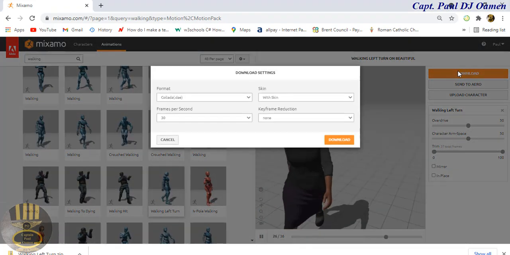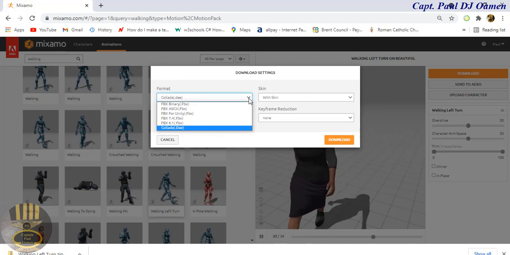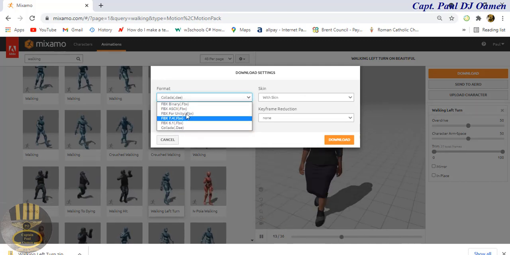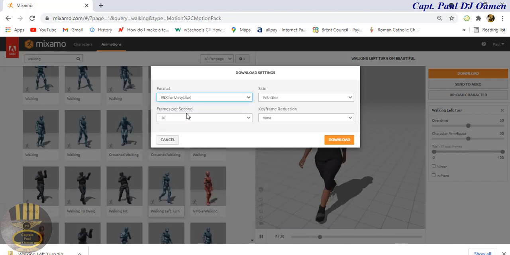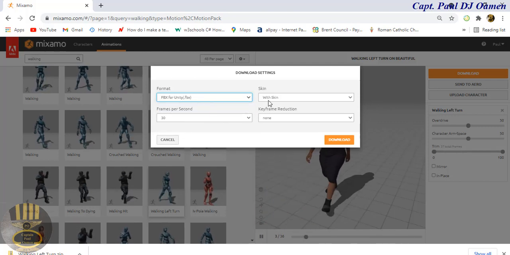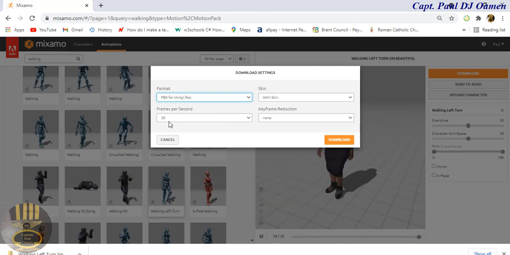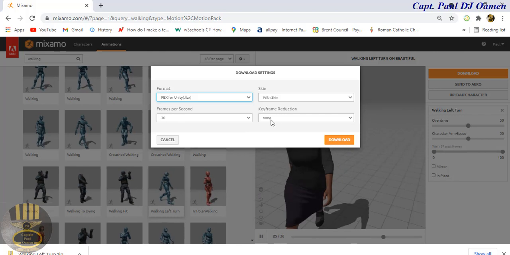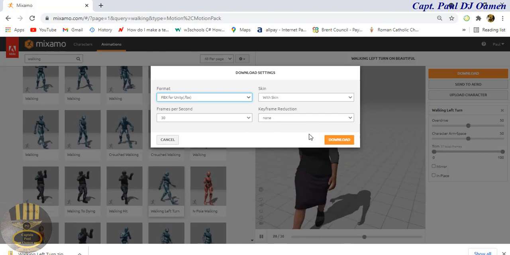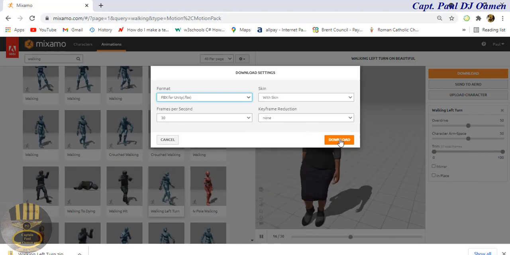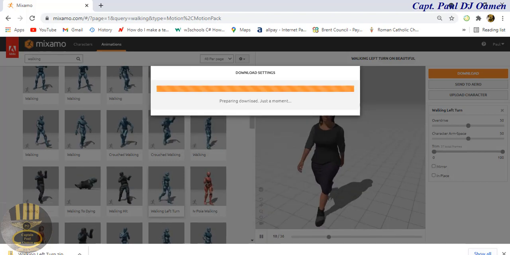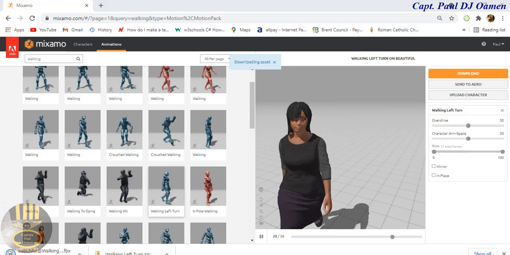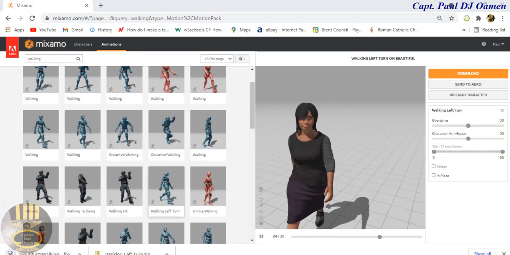but let's download the next one. Is going to be FBX for Unity. So I'm going to grab that for Unity. So just leave it there. Leave the other setting with skin, 30 frame per second, and keyframe reduction. Okay, download as well. Done. So let's go straight into my download folder